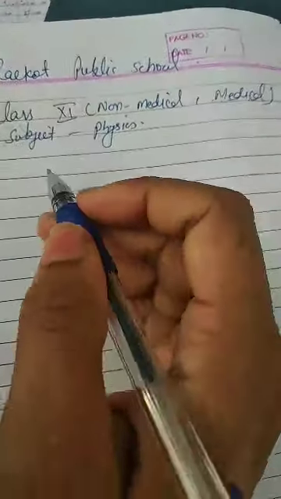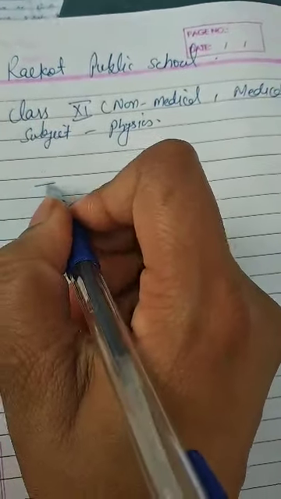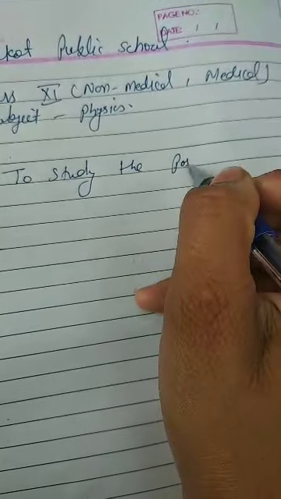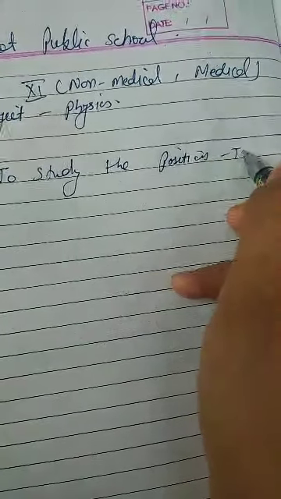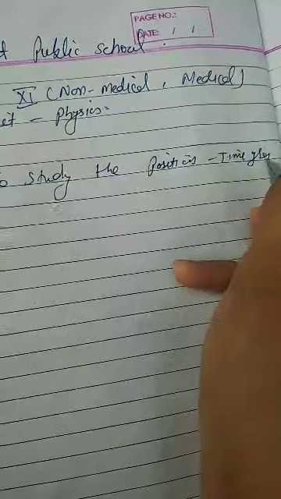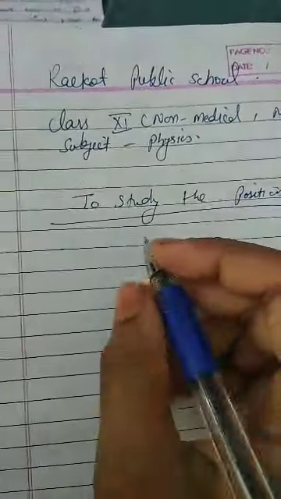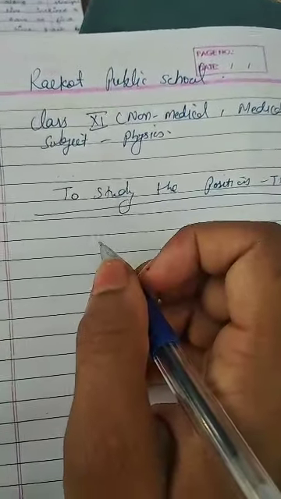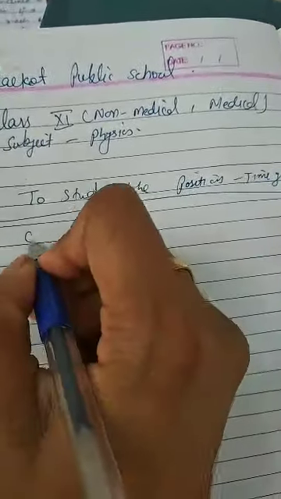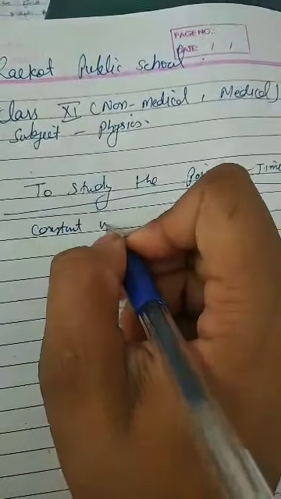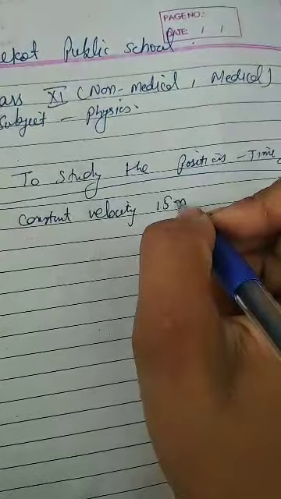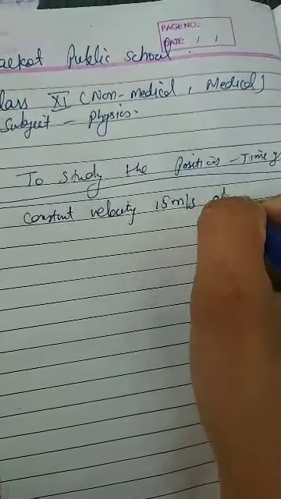Good morning, students. Now we will study the next topic, the position time graph. In this, first of all, let us consider that an object is moving along a straight line with constant velocity. Velocity is constant. We have taken that the object is moving with constant velocity, 15 meter per second, at time t